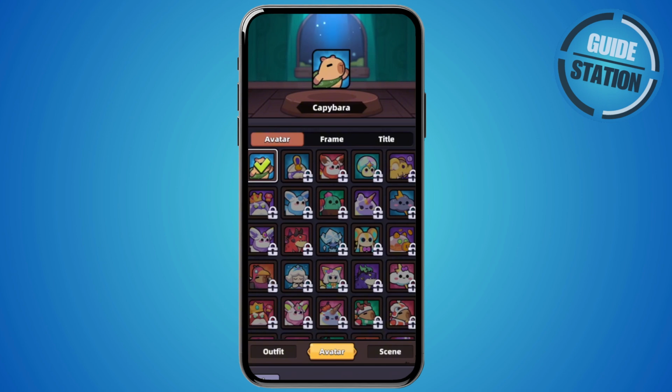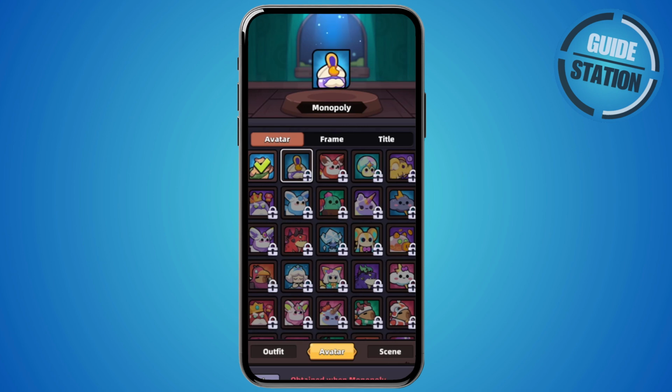Now the thing with avatars here in Capibara Go is there are certain conditions that you need to meet. For example, the next option here is we have Monopoly. Now the thing with this one is that this specific avatar is obtained when Monopoly reaches level 10. So you need to basically let Monopoly go at least to level 10 in order for you to receive this. But yeah, think of this as a way of showing that, hey, I received this